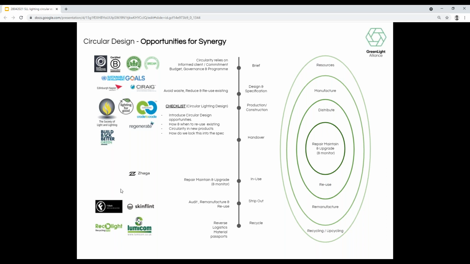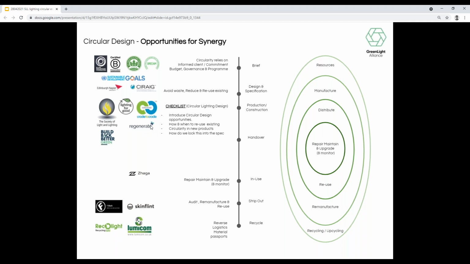Also, something quite recently released is the Build Back Better Awards, which are not focused solely on circularity, but they have a circular design principle, and it's interesting to see that they're motivating us as designers and manufacturers to include these credits, and that there's a separate award category for this type of discussion. And then last in this section is Regenerate.